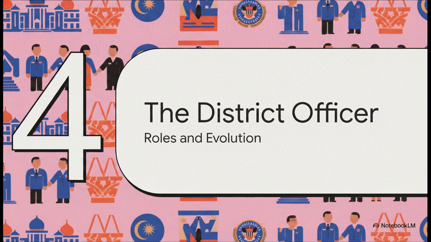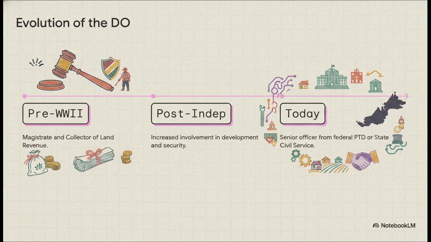Section 4. The district officer's role. Let's look at the human element and the absolute cornerstone of local administration. This role has evolved significantly over time. Before World War II, the district officer was primarily a magistrate and a collector of land revenue. But post-independence, that revenue collection role kind of took a back seat, and they became heavily involved in on-the-ground development